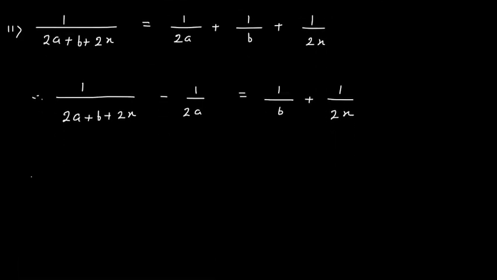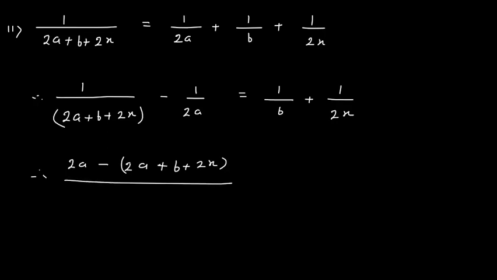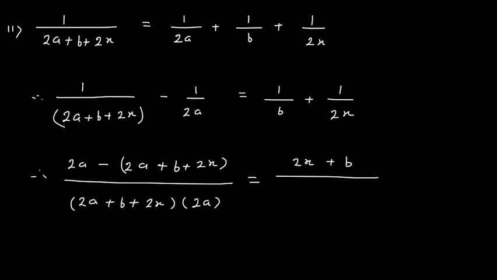Now here we do cross multiplication, so here it is 2a minus, this whole term will multiply by 1, so it is 2a plus b plus 2x, and here in denominator we have 2a plus b plus 2x, this whole multiplied by 2a, and here on right hand side we have 2x plus b upon